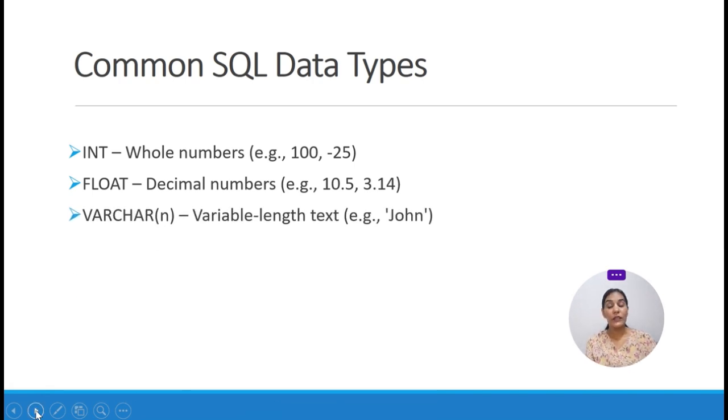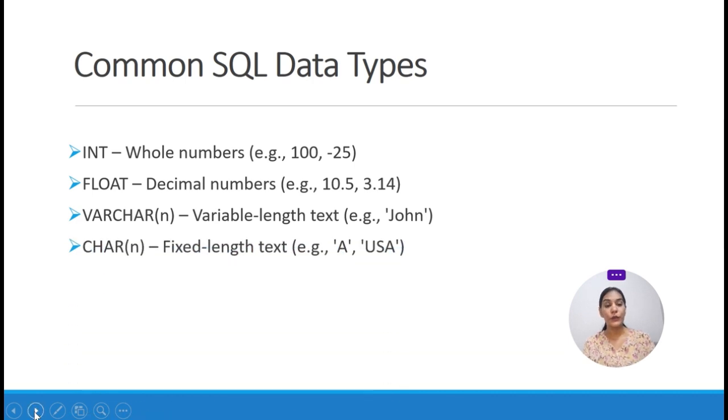Next is the varchar. We use varchar when we want to combine character and integer data types together. For example, if I want to store the email address of a student in our table, at that time I will use the varchar. Next one is the char. When we store the name of students, or any type of information where only letters are required, at that time also I will use a char data type.